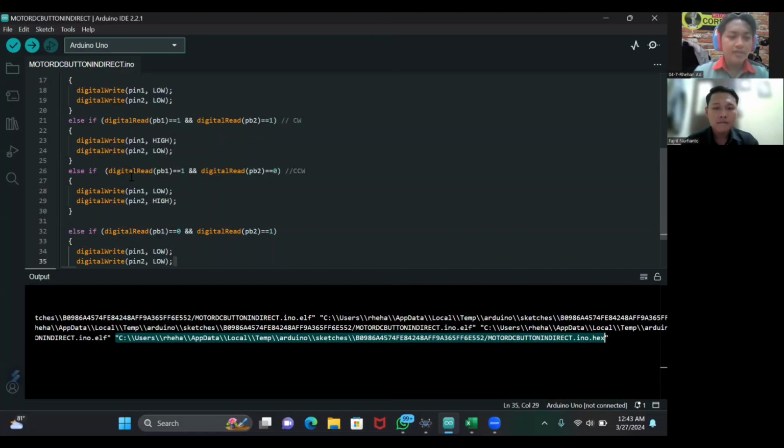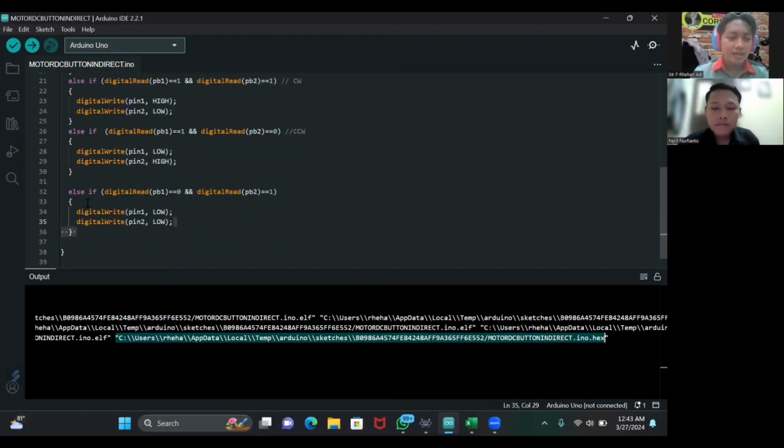Else if PB1 is high and PB2 is low, then pin 1 is low and pin 2 is high. Else if PB1 is low and PB2 is high, then pin 1 is low and pin 2 is low.